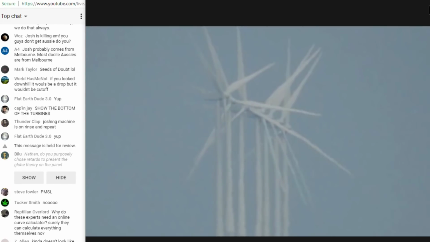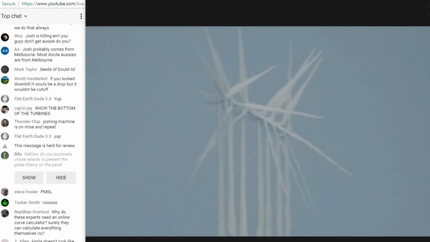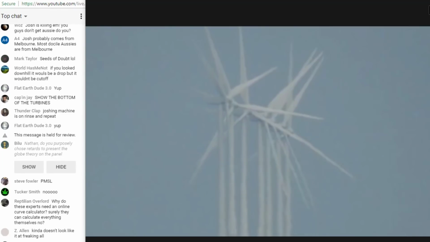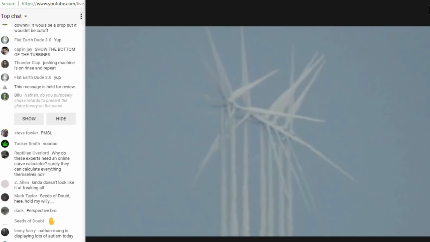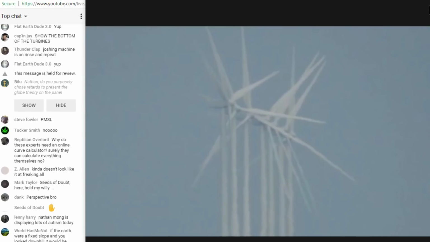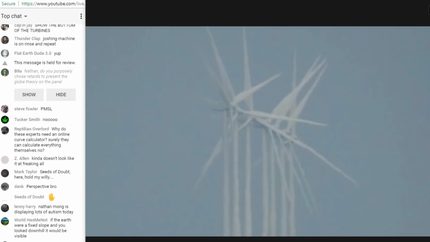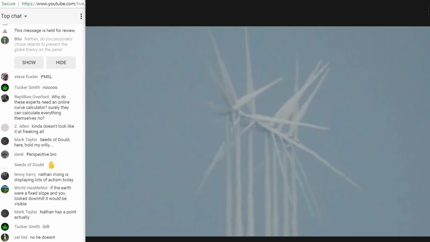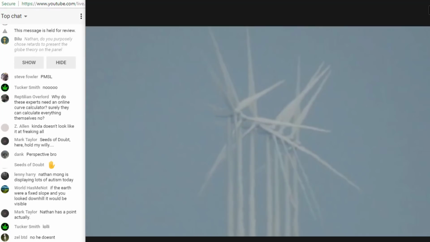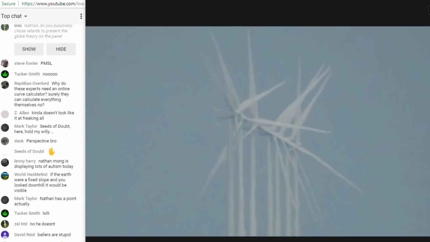Hold on. No. Let's just talk about this a little bit longer. So it's going along the curve of the Earth. And the maths agree with you, Josh. As we measure out the distances between 9 miles and 12 miles, the distance from the first to the last turbine, they absolutely are, unequivocally, getting further away and going over the curve of the Earth, exactly in line with what the curve calcs say. But we assert, Josh, that the curve calcs omit perspective. They don't include the virtue of things getting smaller into the distance exactly as we see in these wind turbines. It doesn't include that element.